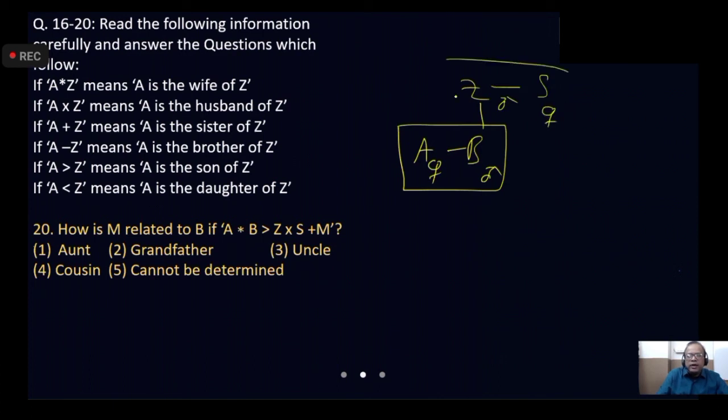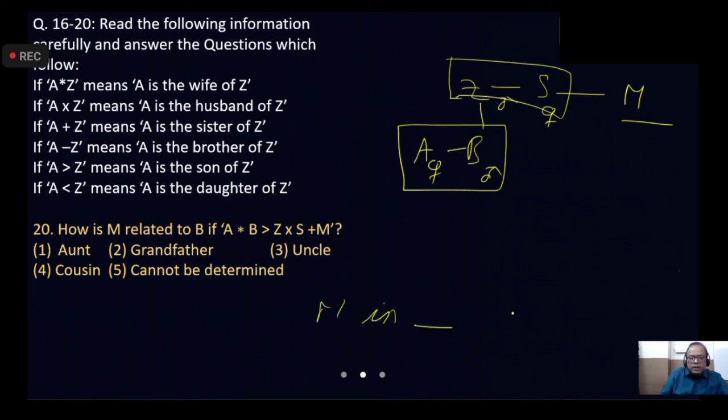S must be female. This is one more set of couples. Then S plus M. S is sister of M. Okay, we do not know the gender of M. Fine. Then how is M related to B? B is here. Okay, B's mother is there, yes, and mother's sibling. We do not know brother or sister. So we do not know whether M is to be called uncle or aunt when we see the relation from B. But the question is, how is M related to B?